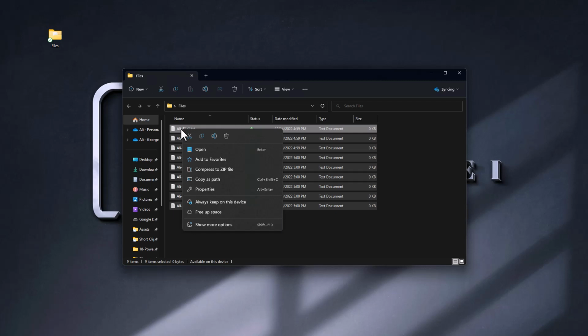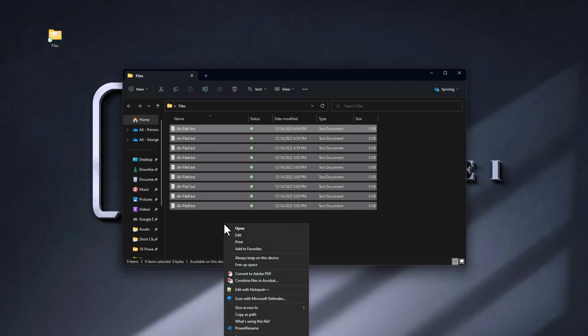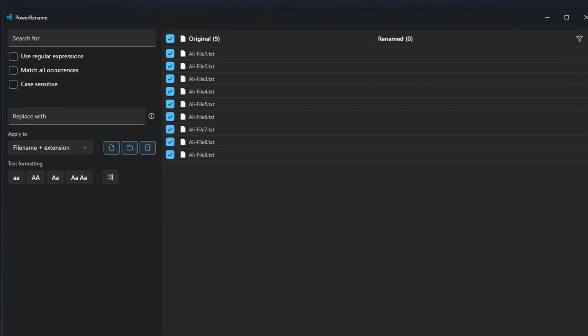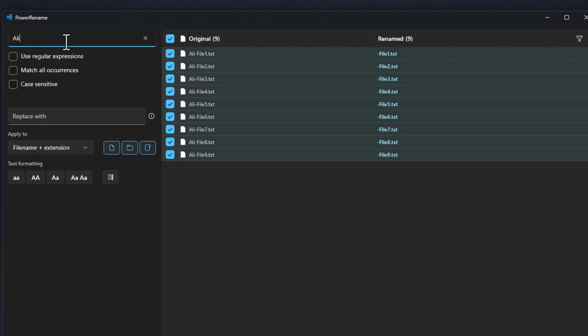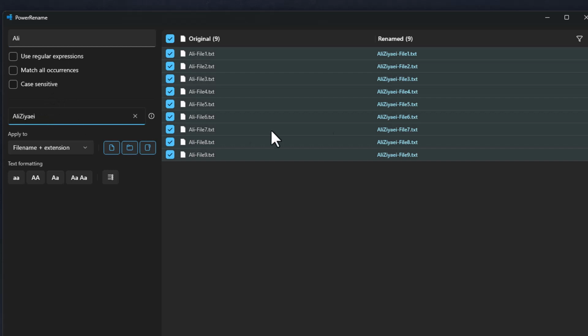This will open a super simple yet very powerful tool for renaming these files. In the tool, you can see all your selected files on the right, and on the left, you have the option to type in the words that you would like to search and rename. As you know, if you select multiple files and use Windows to rename them, Windows will rename all the files together with the same name, and it only adds a number to the end. It is not very practical.